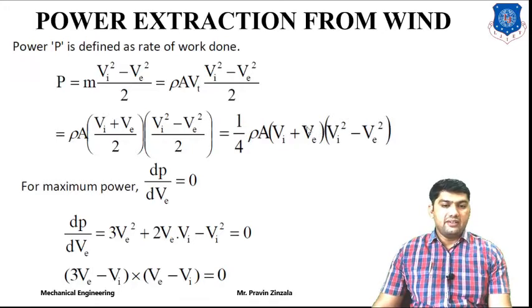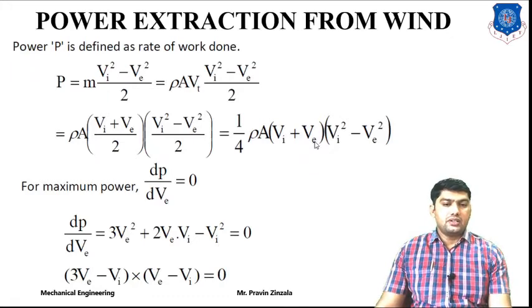Here we are differentiating with respect to V. So V into Vi square, or we can also say Vi and VE. By differentiating V square, this is Vi and VE square, 2 will be in multiplication, 2 minus 1 is equal to 1. And also the multiplication of Vi square and VE. This is the derivative of V with respect to VE, which is equal to 1. So this is the final equation. By simplification, this equation is equal to 0.